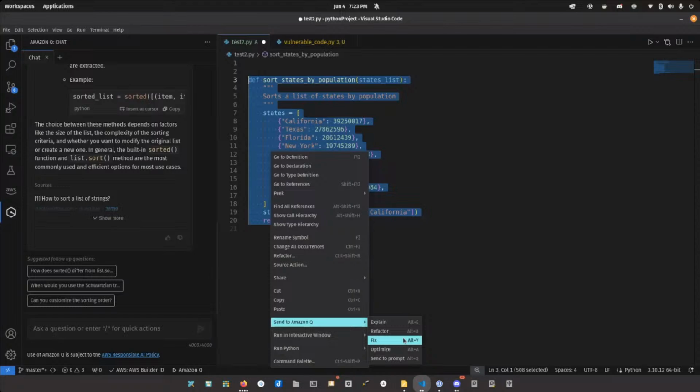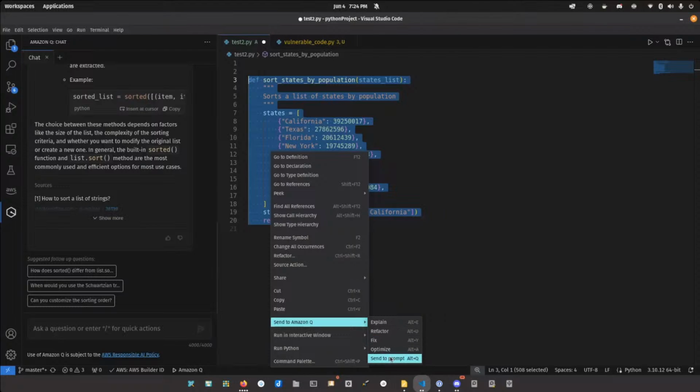If it's broken, this can typically fix it. It's not perfect, but it gets it right a large majority of the time. Not always, though. Optimize your code, which I feel is probably very similar to refactor. I think there's documentation on what these do exactly.